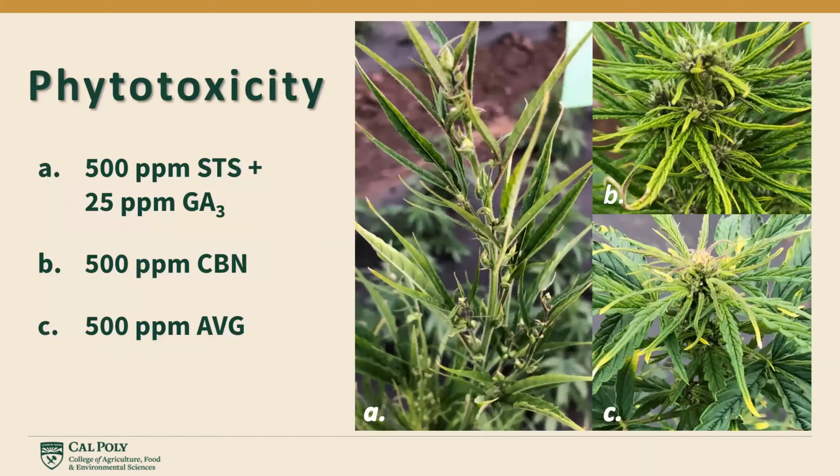Furthermore, on the topic of phytotoxicity, as seen in figure A above, the plants treated with gibberellic acid tended to excessively elongate, causing a few plants to collapse and die, which is called lodging. In figure B, the plants treated with cobalt nitrate had some phytotoxicity and seemed to have negatively affected the plant's ability to masculinize. In figure C, AVG at a full rate caused a substantial amount of phytotoxicity all the way through flower development and pollen release. These observations serve as anecdotal evidence, but more research is needed to assess how phytotoxic these treatments truly are.